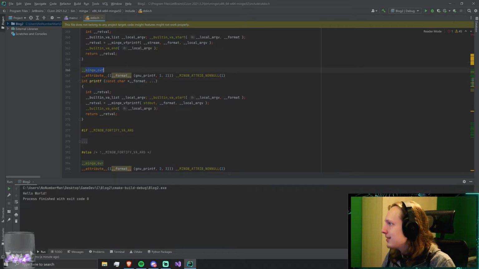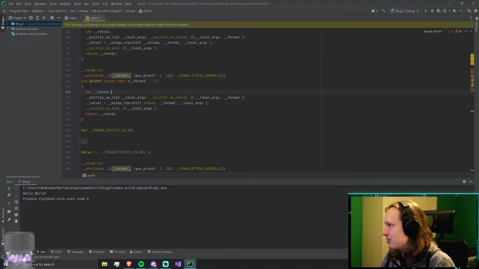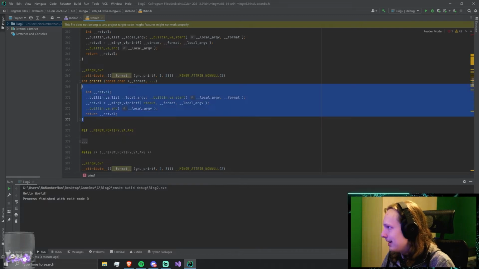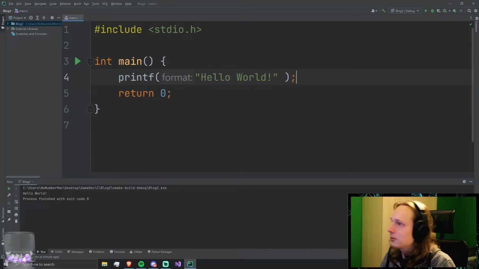Well, you'll find that you get a whole bunch of stuff here. We'll get a const char format, with some variable arguments, that's what that's called. And then you have a whole bunch of stuff here. Whatever. We're not here to understand any of this. But it is now included in main, and you can just call it, which is great.